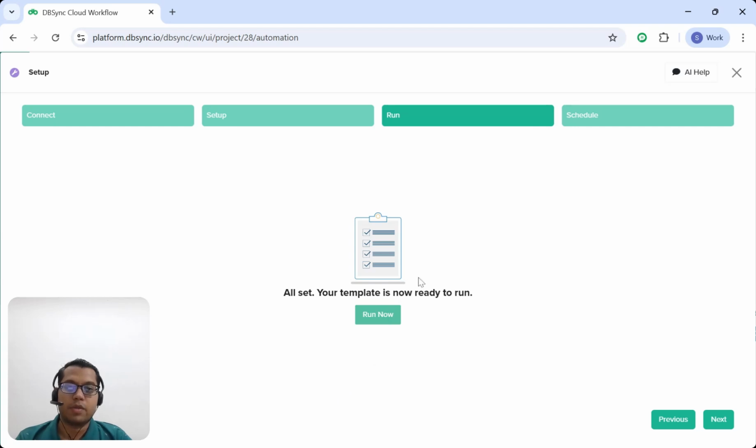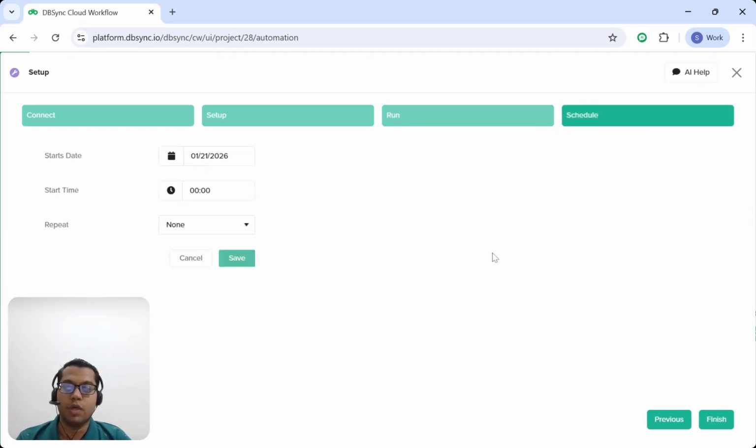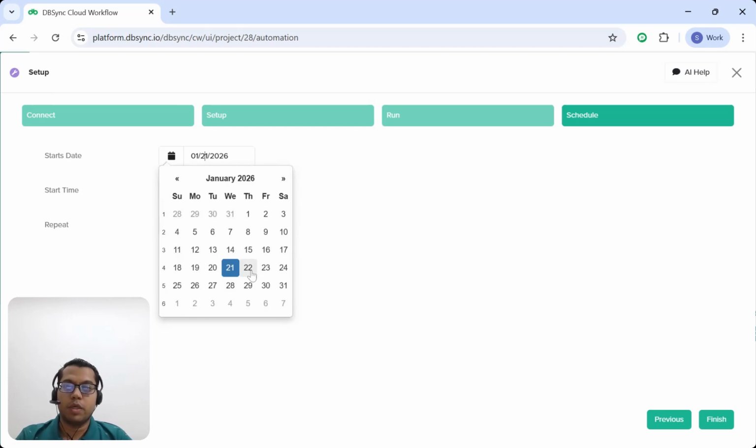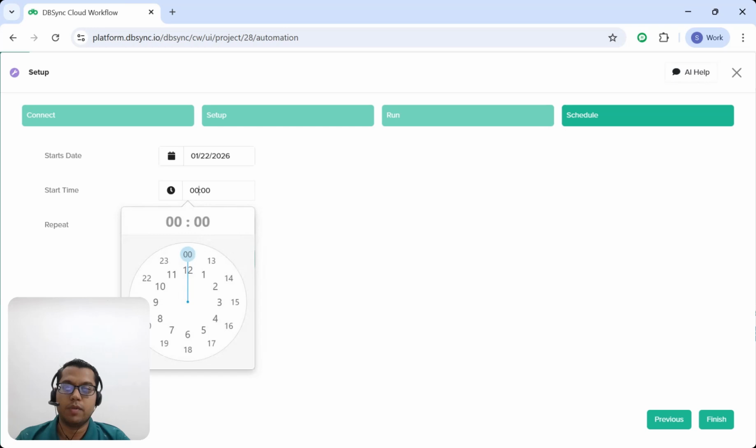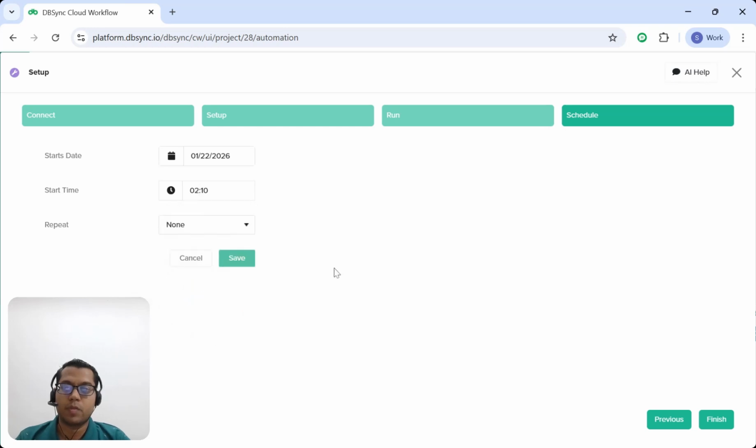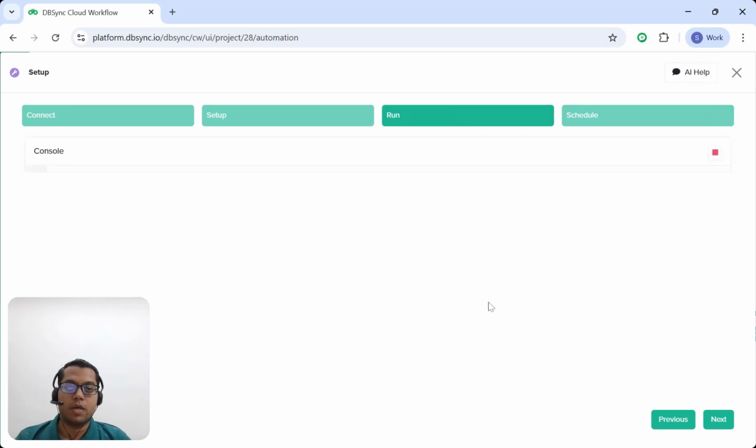Our template is all ready to run. Before we run, there is another option of schedule. Instead of running it right now, I can also schedule it to run at a specific time interval, and I can also set it to repeat, like after how many hours I want it to. For example, if I want to repeat this after 2 hours, I can schedule it from here and then click on finish. Right now I'll run it at this particular moment. As I click on run,